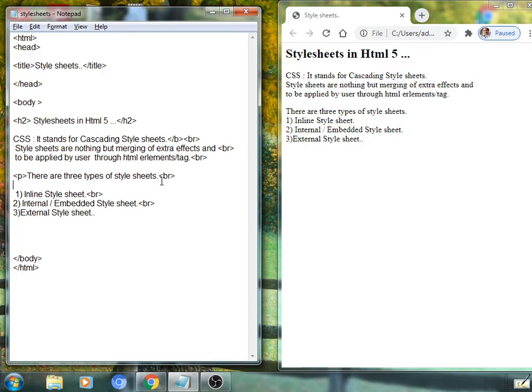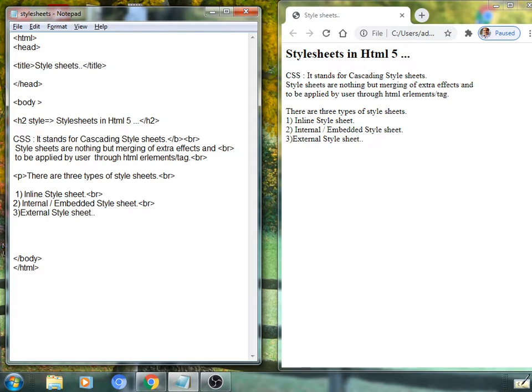Basically we are going to observe an inline style sheet. So it requires a word as an attribute, nothing but style. Style equal to, properties, colon and respective values.